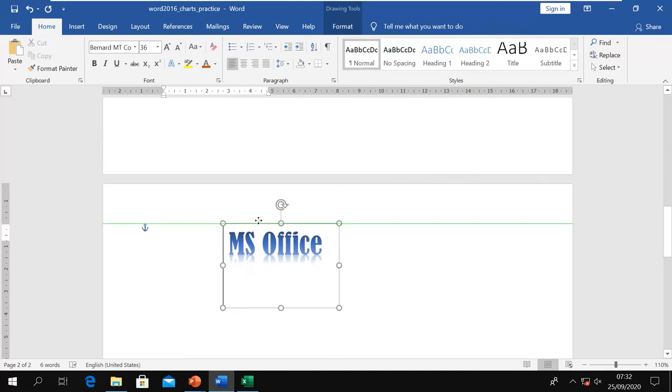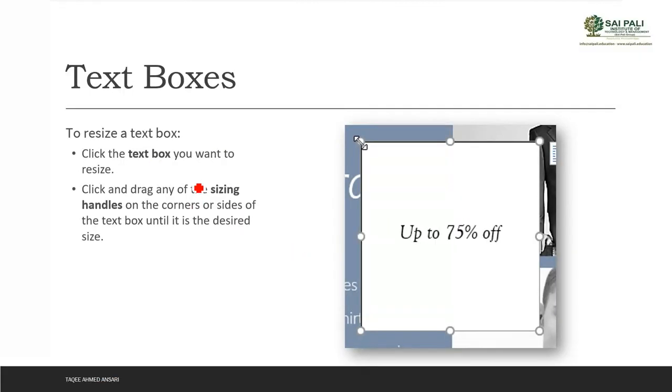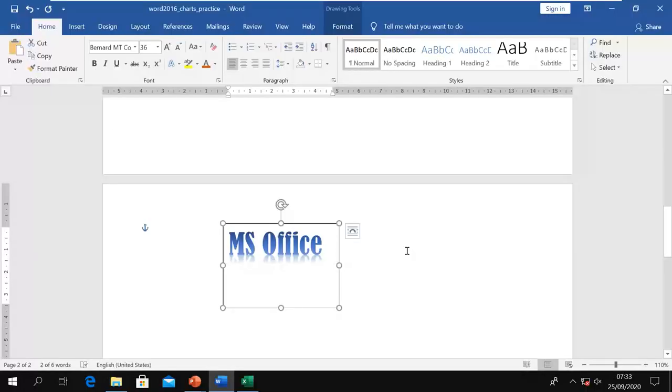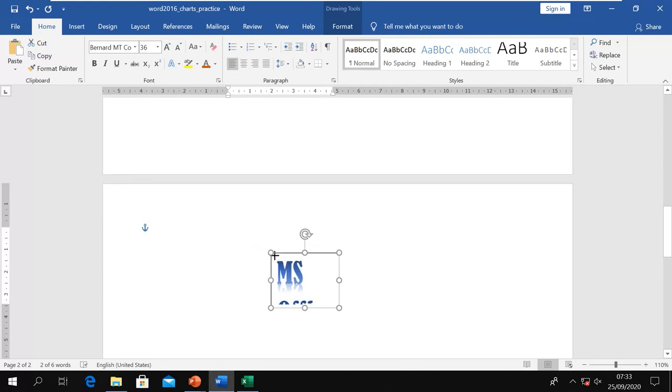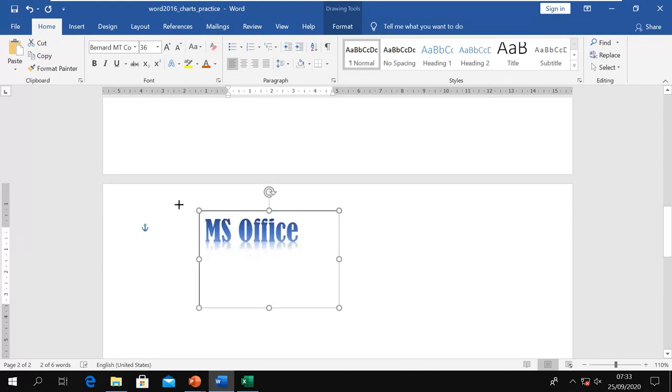So you can just move where you want to move. Then you can resize the text box also. For resizing, these are the handles you have, just like the handles we have on the shape and the picture. We can resize it from this corner to resize it equally from all sides, or you can choose to squash it from top to bottom or sideways, or we can also stretch it. When you take your mouse there, it shows the arrow, then you can use it to change the size